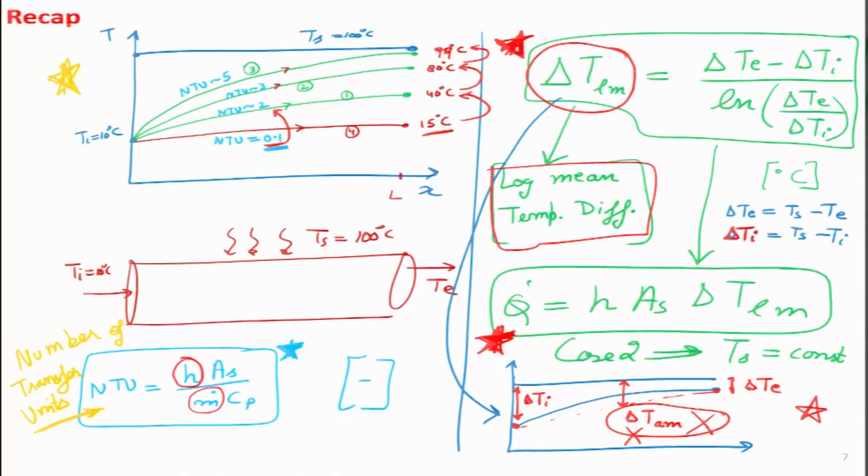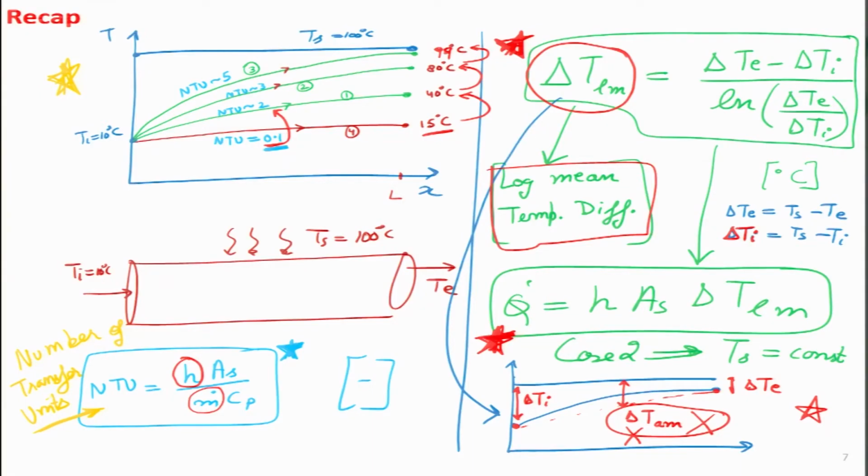Let us say it enters at 10 degrees, it leaves at 10 degrees as well. So, there our purpose has failed. So, we will call the NTU value 0, the number of transfer units was 0. It would be a heat exchanger which does not exchange any heat. So, this is just an imaginary case. In real life this would never happen. But if we start increasing the value of NTU from 2 to 3 to approximately 5, we can reach temperatures very close to that of the surface temperature Ts.